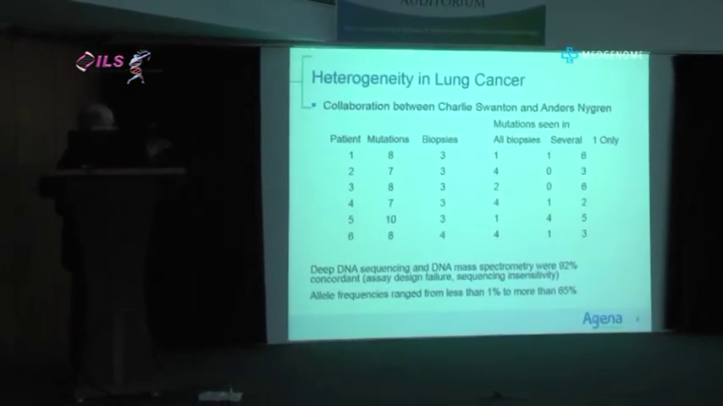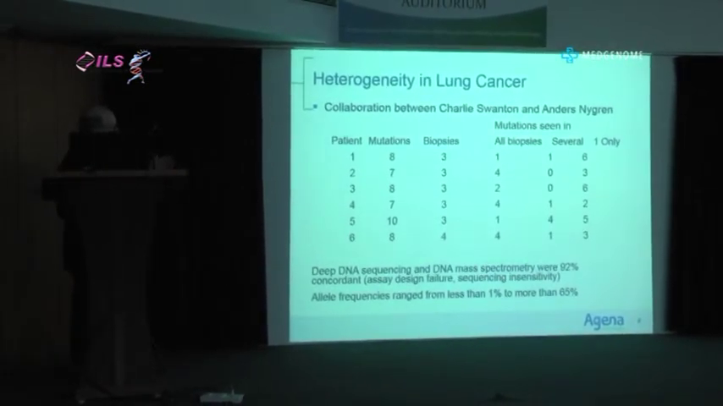It turns out that the concordance between next-generation sequencing and DNA mass spectrometry is close to 100%, and usually any differences can be explained either because the assay for a particular mutation wasn't present in the multiplex for the mass spectrometry, or because the sequencing wasn't sensitive enough to see a low-level mutation that was picked up. Okay? So what this says